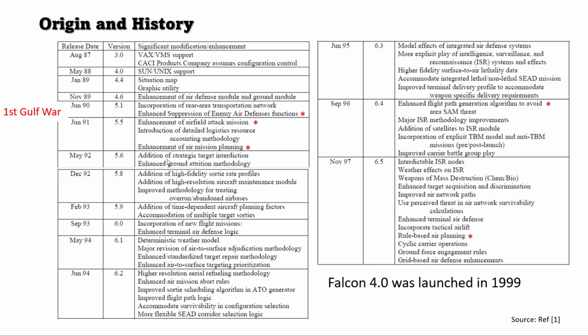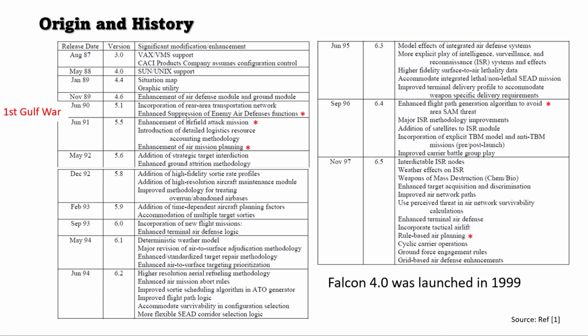I could not track exactly when Thunder 1.0 was developed. The earliest mention is in this table in 1987. Just to put in historic context, in 1991 was the first Gulf War, which triggered several enhancements in the basic engine of Thunder. For example, in